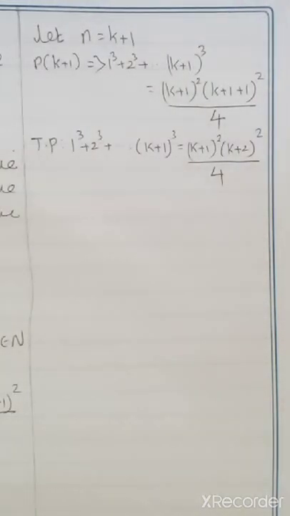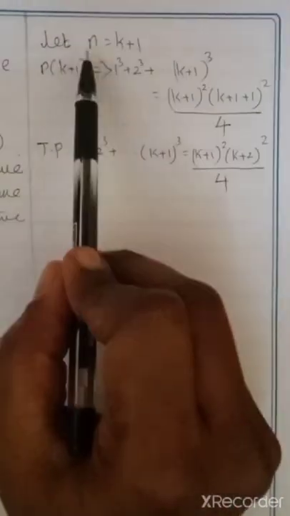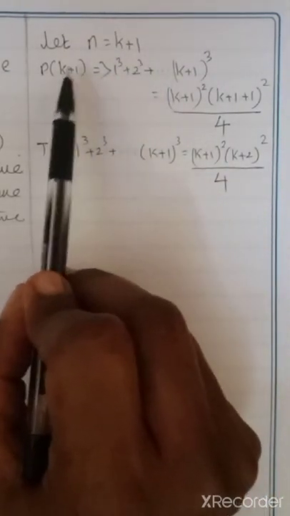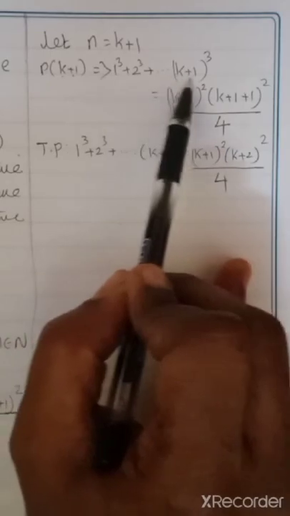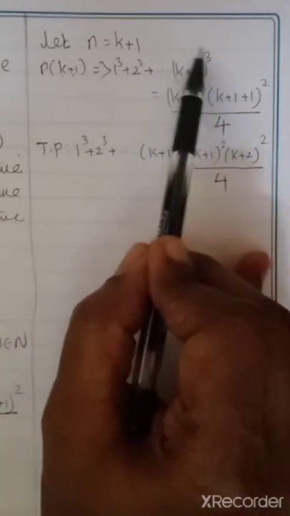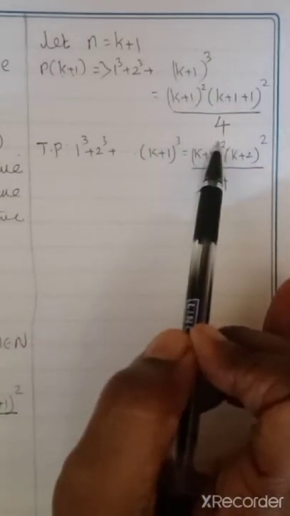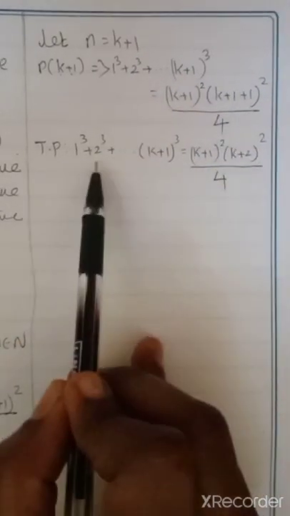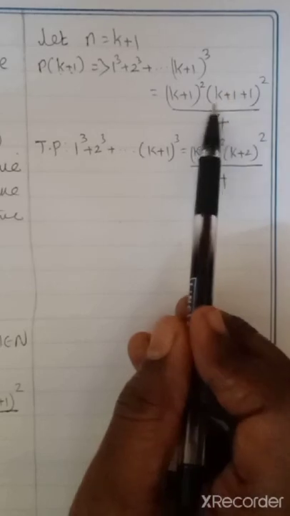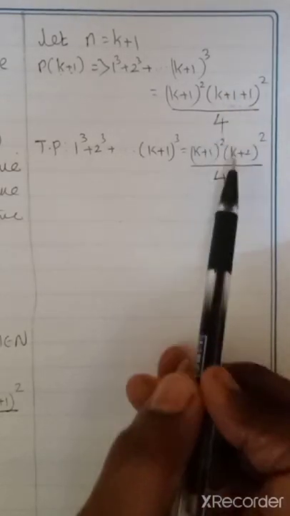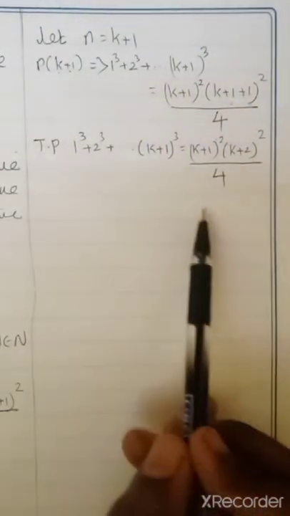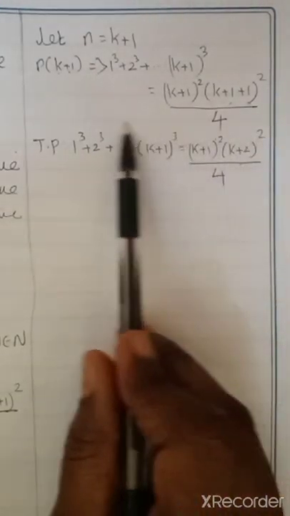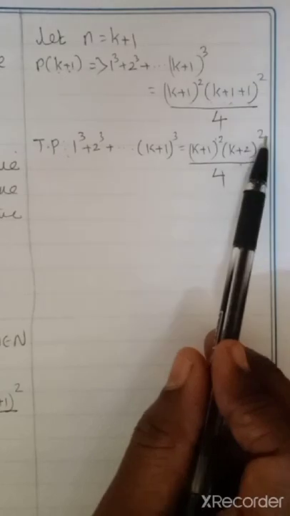Okay, next the last step: in place of n, we are going to substitute k plus 1. So in the given statement, the left hand side and right hand side, in place of n we substituted k plus 1. To write it in the correct form, the left hand side is the same, and here k plus 1 plus 1 simplifies to k plus 2. So k plus 1 the whole square, k plus 2 the whole square by 4. This is what we are going to prove, correct? So always for